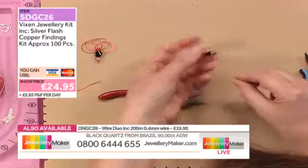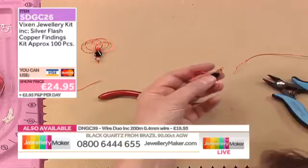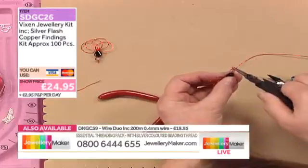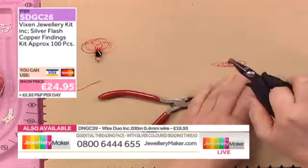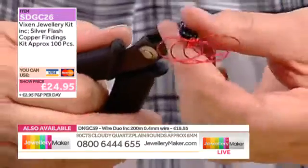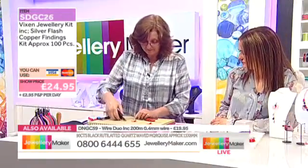And then wrap that around to the back. Snip that off. Take your pliers and just tuck that in. So it goes into the back so there's no rough edge there. And there, that's the pendant, ready to hang on a chain. That's absolutely gorgeous. So what I did then, I took one of the jump rings,